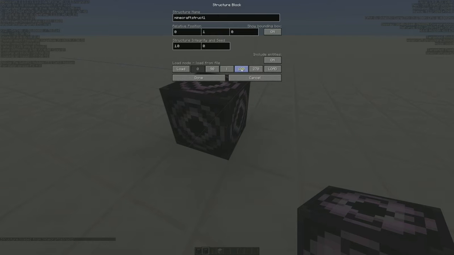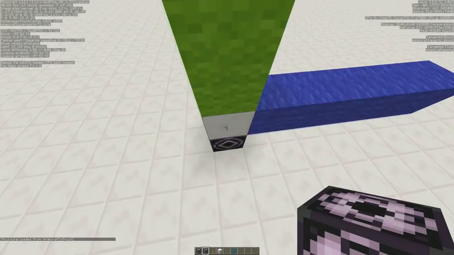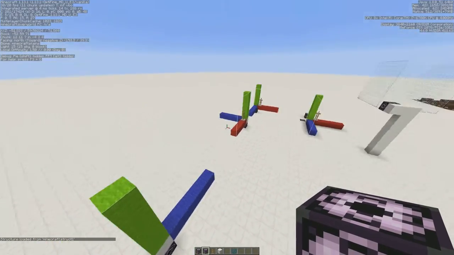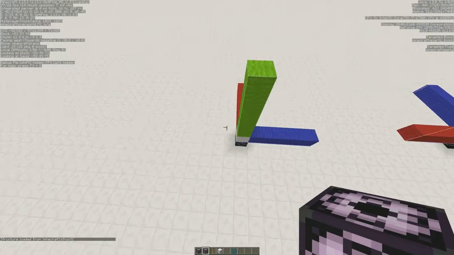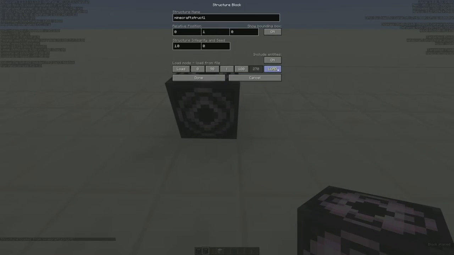This is the mirror mode. I'll get to that in a second. 180 does exactly what you expect. Turns it 180 degrees clockwise. Yep, that is clockwise. And of course, we'll just do 270 to be